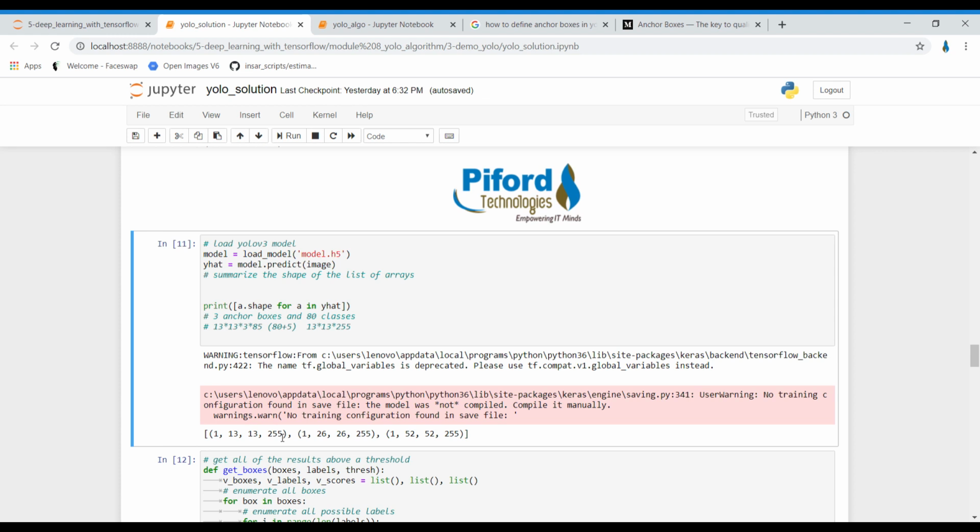Now let's understand that. If you remember, I have told you that we are using a weight file, a pre-trained weight file, which we have downloaded. And that file was trained on the COCO dataset. The COCO dataset has 80 classes, which means this object detector can detect 80 different classes in an image.